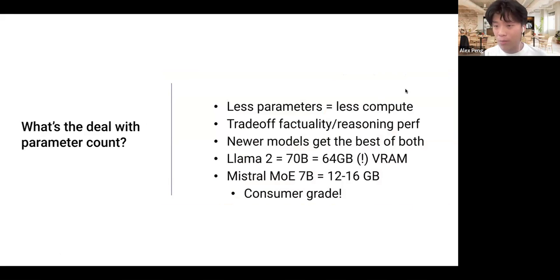So what's the deal with parameter count anyway? You may have noticed, I was talking a bit earlier about Llama 2 releasing models in the same weight classes as in Llama 1. Those parameter counts specifically are 7 billion, 13 billion, 35 billion, 70 billion, and so on, right? And the upshot of this all is that if you have fewer parameters, the model will be cheaper to run and faster to run. But you do trade off on